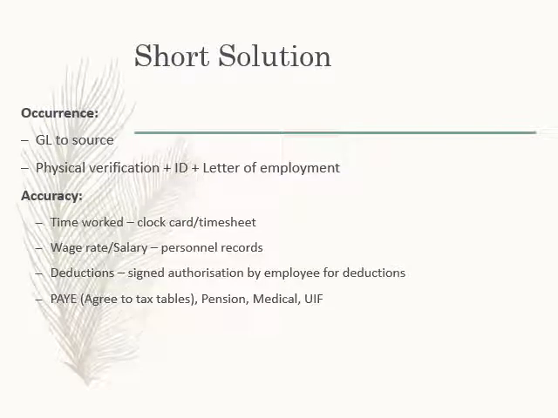All right, so for the occurrence assertion, remember we're starting from the accounting records and we're tracing from our sample that we've selected from the accounting records. We're going to go back to the source documents, okay? And we're going to check the source documents for validity and occurrence, okay? So it could be the employment contracts, the pay slips, all of those